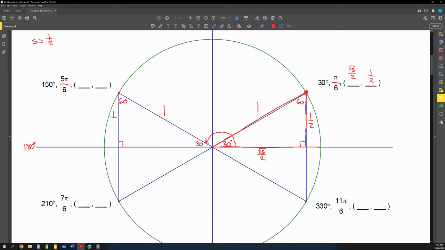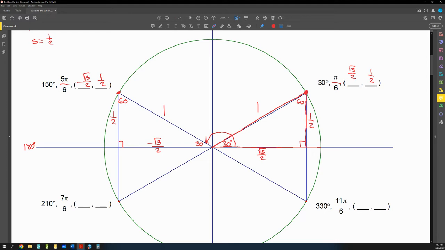So we have that vertical component is positive 1/2, but our horizontal component, because we're in quadrant 2, this endpoint is in quadrant 2, our x component is going to be negative. So we have negative root 3 over 2. The reason why is because to get from the origin to this point, we would plot this by going left root 3 over 2 units and up 1/2 units. So we have a negative x component. So the coordinates for this point on the unit circle is negative root 3 over 2, positive 1/2